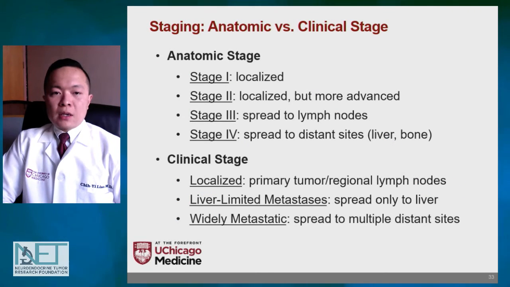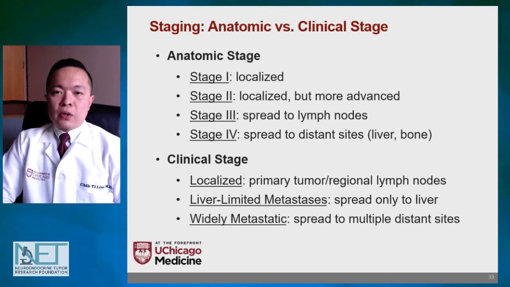And finally, talking a little bit about staging of neuroendocrine tumors. So we can describe neuroendocrine tumors based on their anatomic stage, but also based on their clinical stage. So anatomic staging is fairly complicated. You might have heard of something called TNM staging or AJCC staging. And so the specific criteria vary depending on the origin of the tumor, but the general takeaway is that